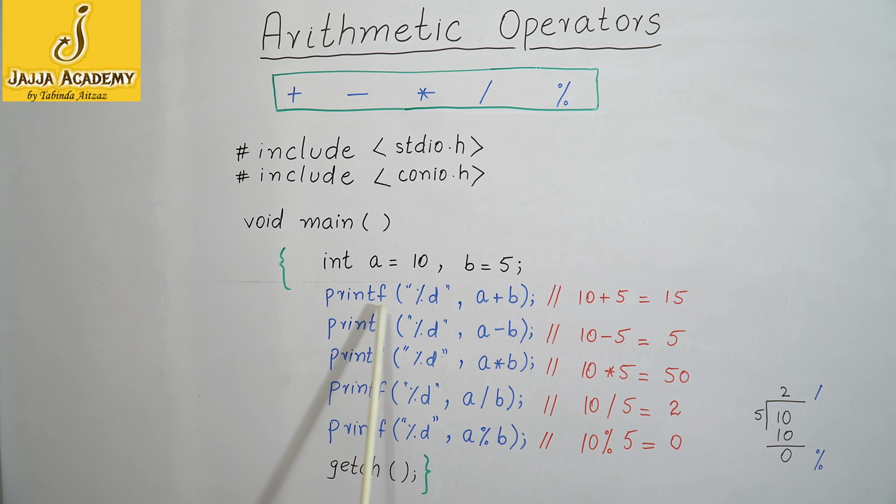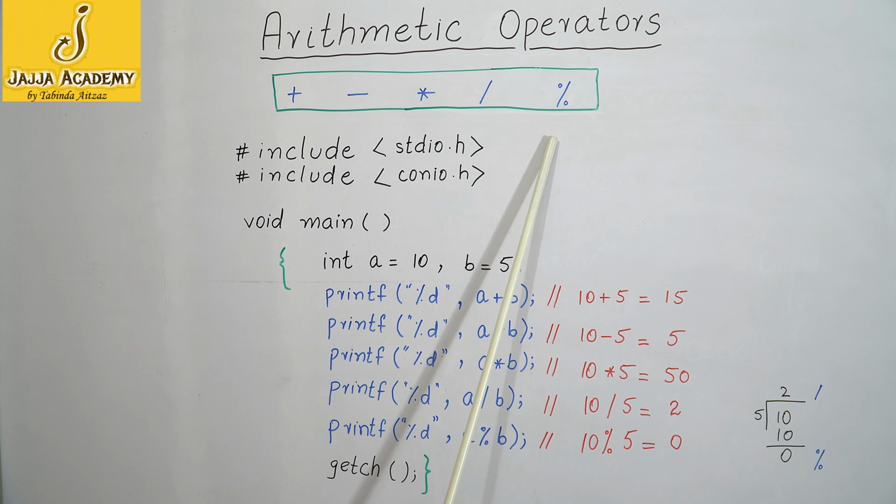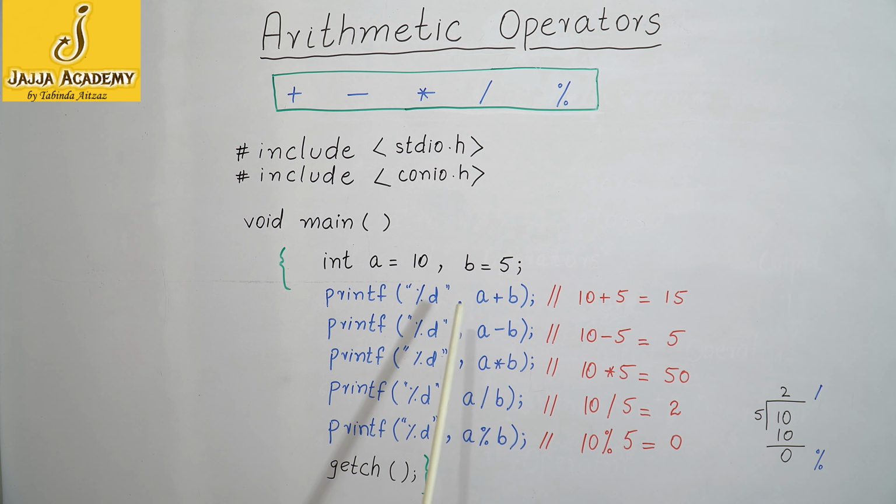In the next line, printf, this %d is used to represent the value in integer form. This is a syntax of writing printf function and this modulus sign is not behaving like the remainder operator. This is just the style of writing syntax of printf. So printf %d means I am going to print a value which is of integer type. As the variables I have declared are integer type, therefore I will use %d in all printf statements because all values that are going to be returned by these mathematical operations are integer type values.